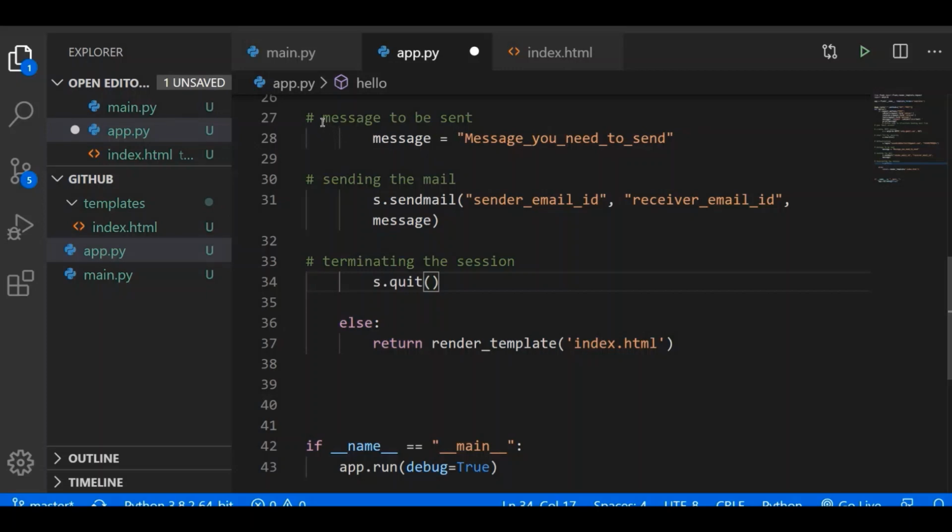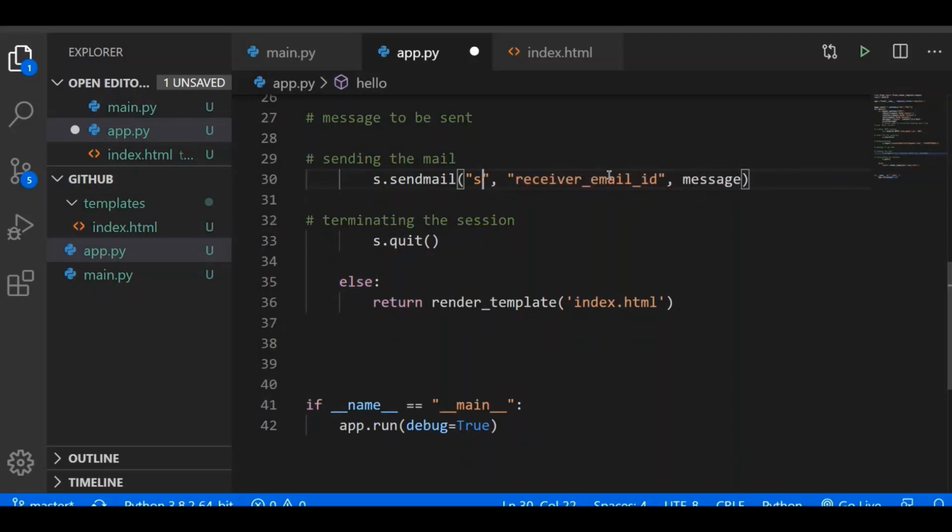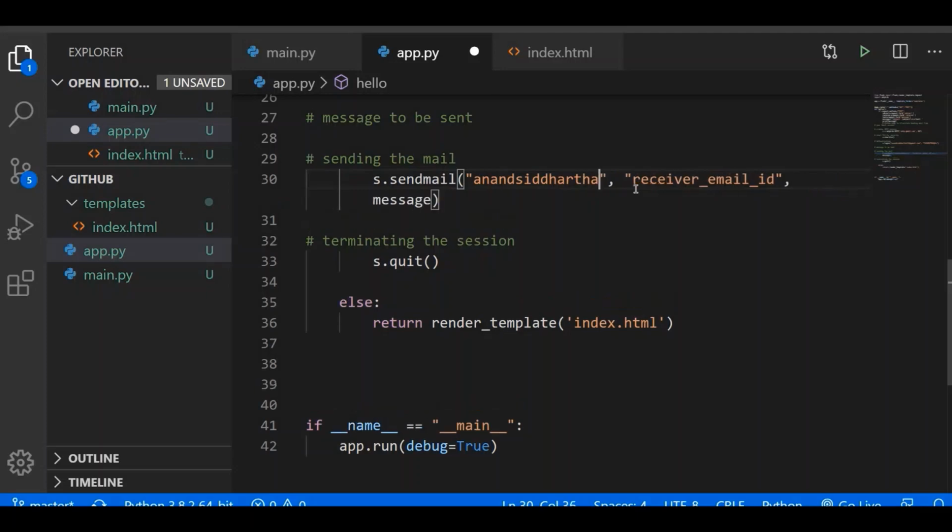For that you have to just remove this from here, as the message will come from the input that we will take, and here you have to write the sender email ID and the receiver. Sorry, the sender email ID is the email ID which is mine. So I will write my email ID .com.